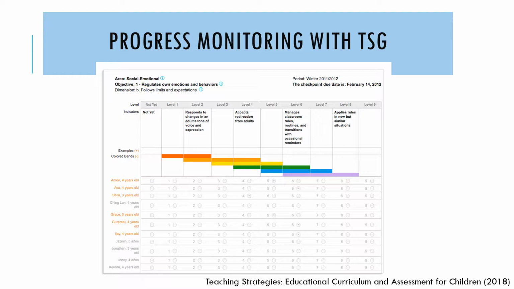For my students to be developmentally appropriate, my morning students who are 3 years old are the green color band, and my students who are 4 years old, transitioning into kindergarten, are the blue color band. This is a social emotional objective for regulating their own emotions. You can see that the 3-year-olds need to accept redirection from adults, and they end with managing classroom roles and routines and transitions with occasional reminders, which is about the middle point of our 4-year-olds by the time they leave